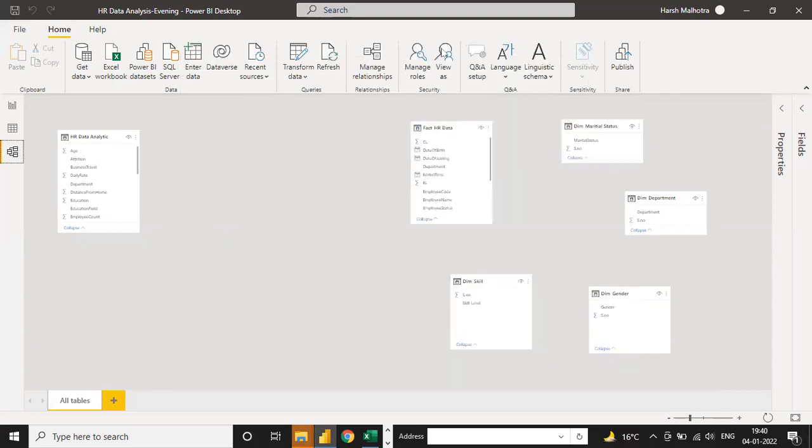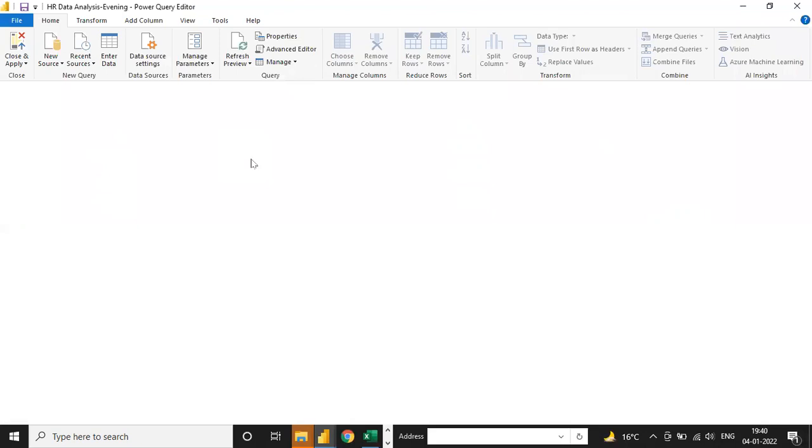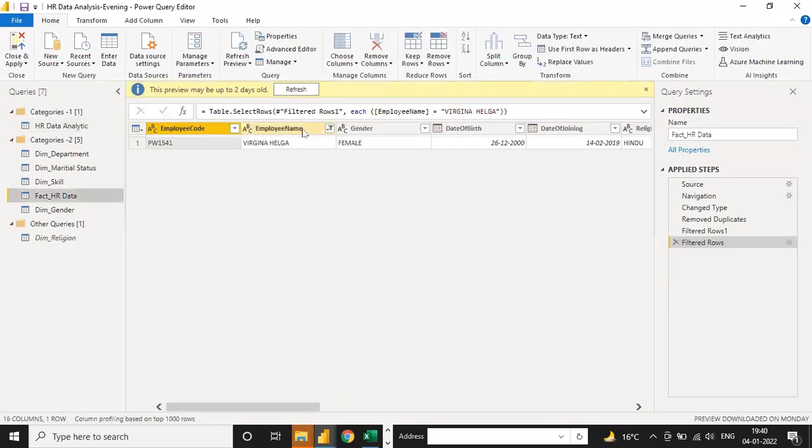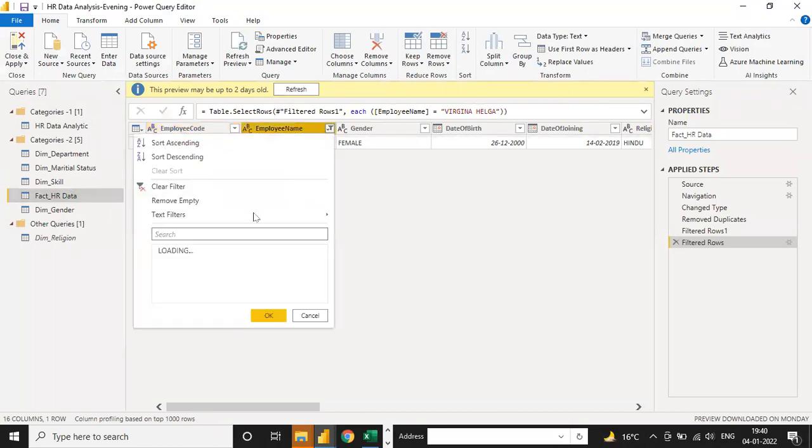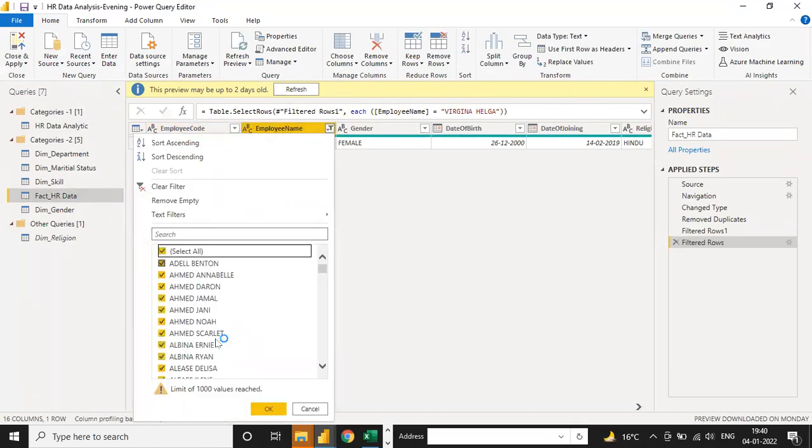Just a minute. Click on this transform. Why is only one column there? Fact HR data, see, only one column is there. I think it was not selected earlier.